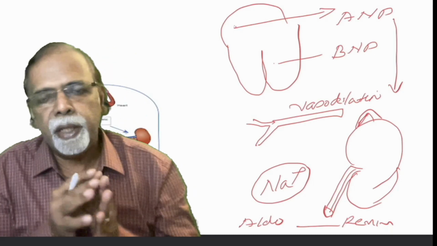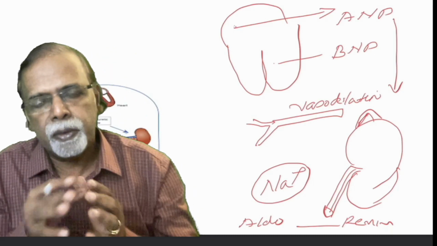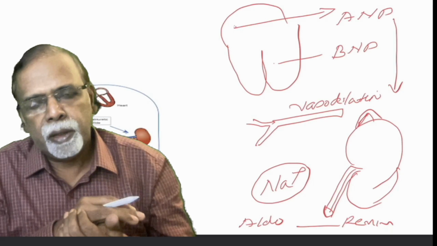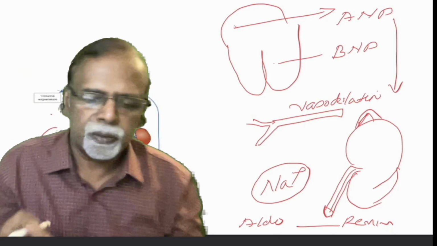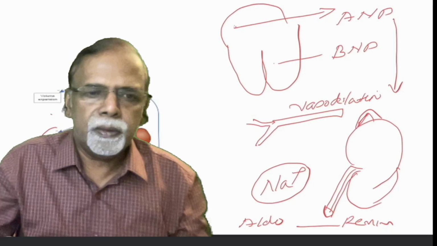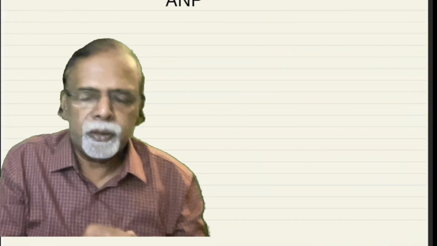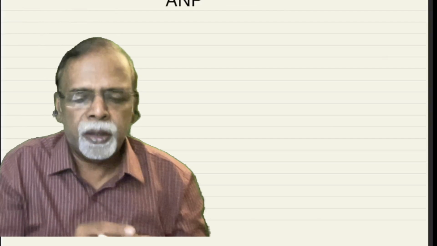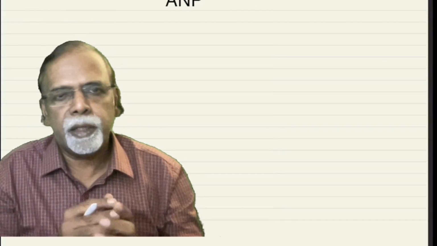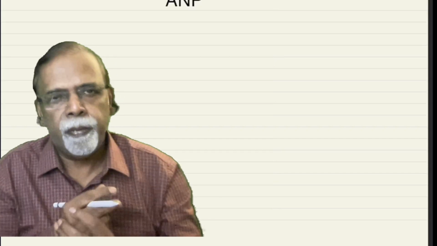So A and B will try to neutralize the effect of the renin-angiotensin aldosterone system. In the initial phases, this renin-angiotensin aldosterone and sympathetic activation are supportive, but later it becomes maladaptive, and this